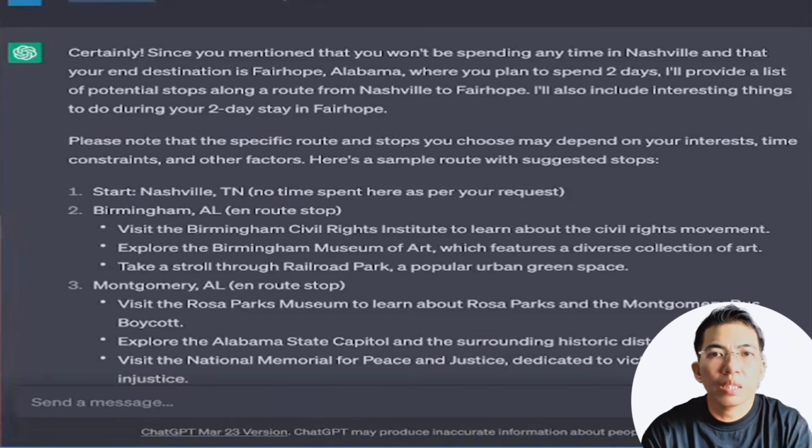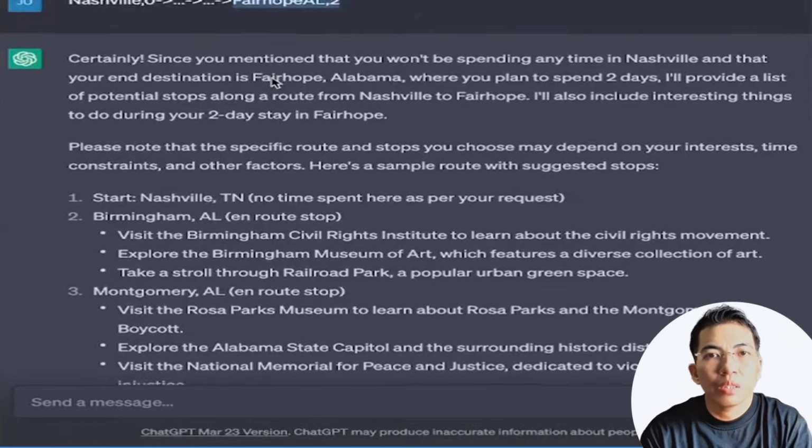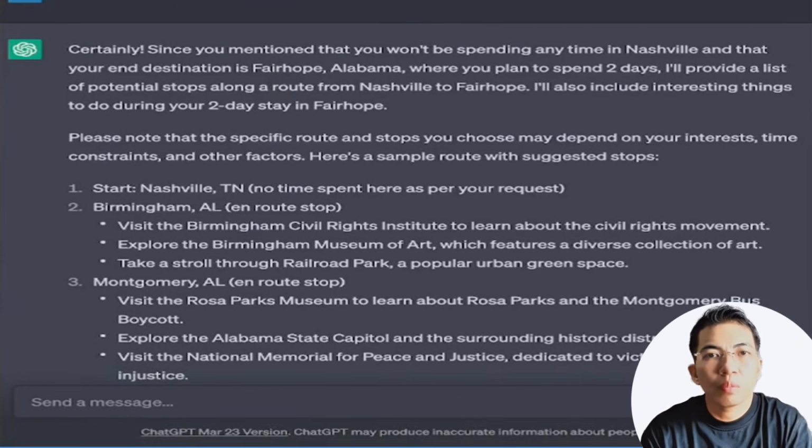So I'm starting in Nashville, and then I'm going to have just dots, or ellipses, arrow, dots, arrow, Fairhope, Alabama, 2. So I'm going from Nashville to Fairhope, Alabama, and basically what I'm signaling to the model